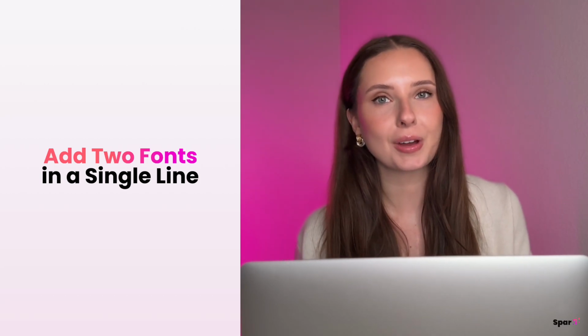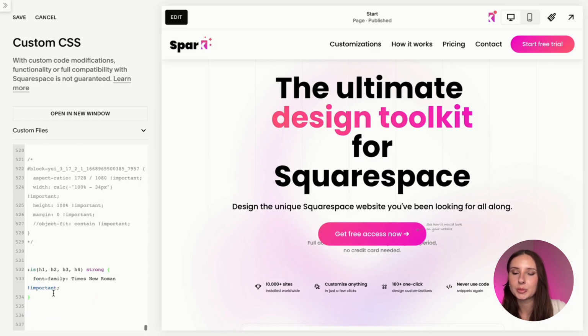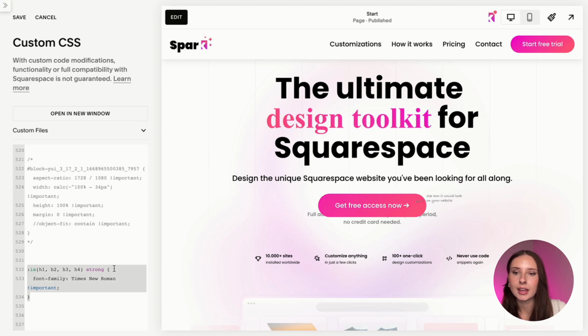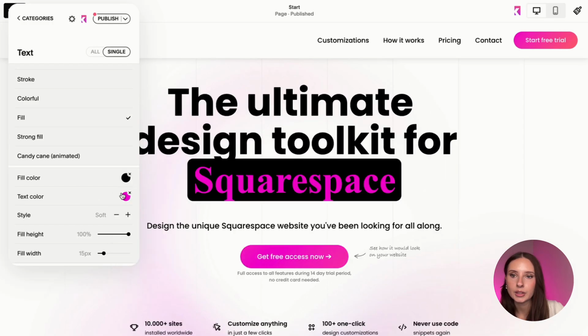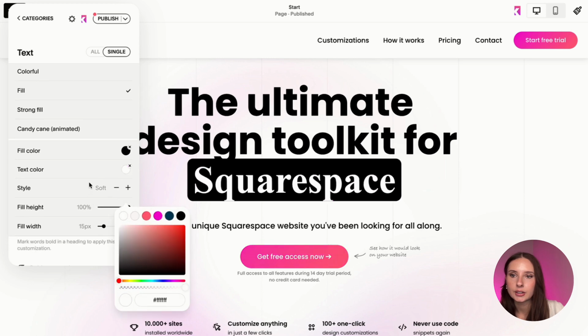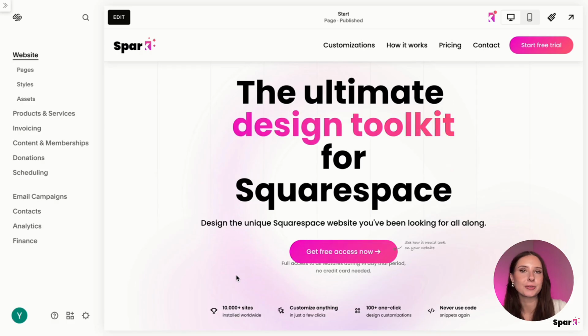Today I'm going to show you how you can add 2 fonts to one line on your Squarespace website. This will require a little bit of code, but it'll be very easy if you follow along with our video. I'll also show you how you can style your text without using any code, so make sure you stay until the end. So the first thing we're going to do is go to your Squarespace website that you want to